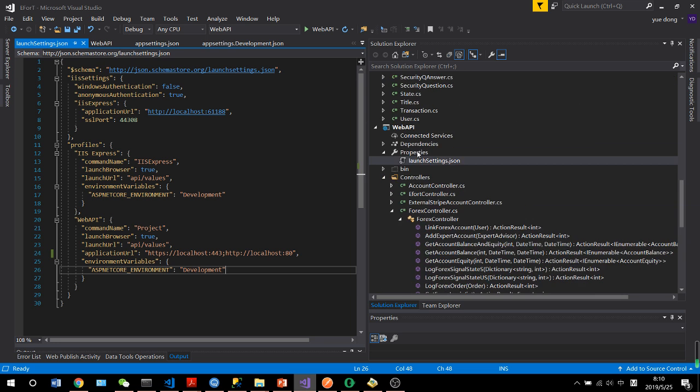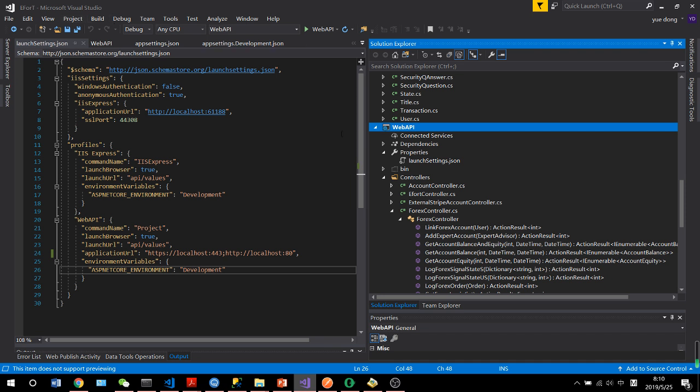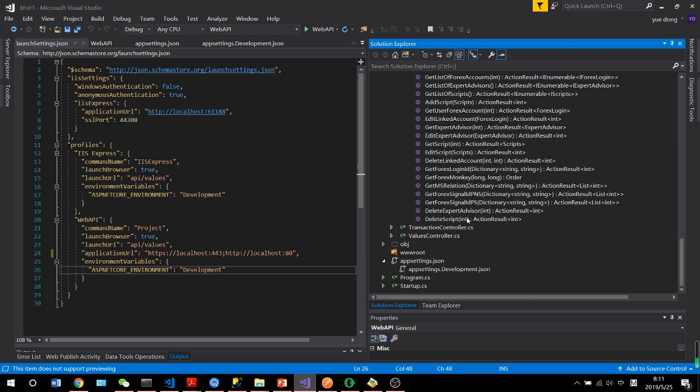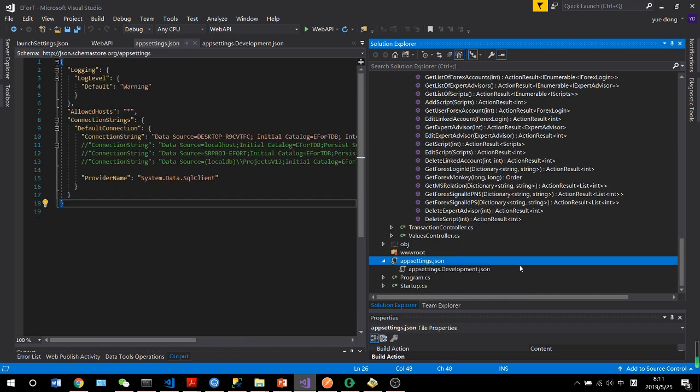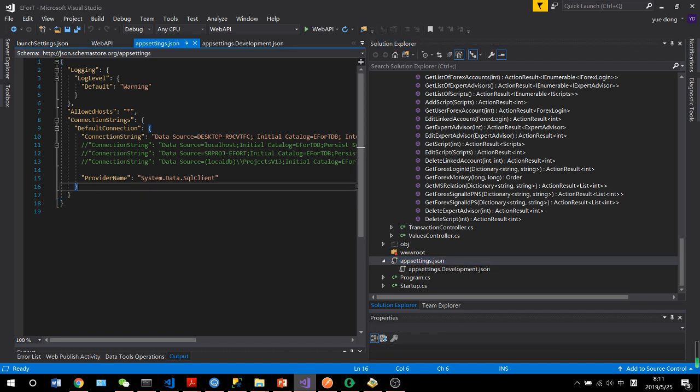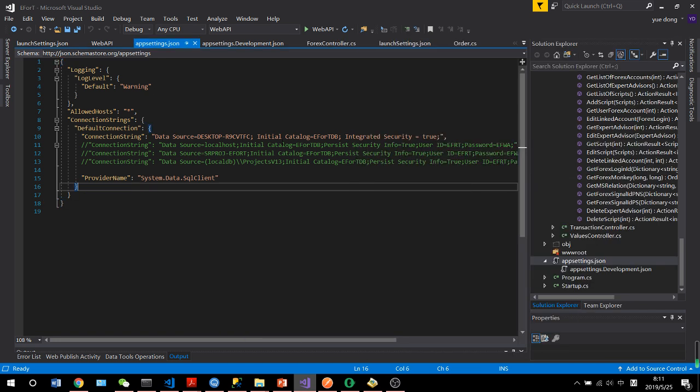First, let's go to the web API project, then go to the web API folder, and then go to the appsettings. You will see there's a part of code in appsettings. We need to change this line. In here, this source is the name of your